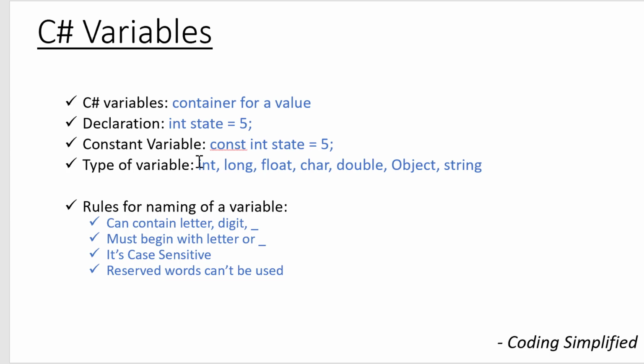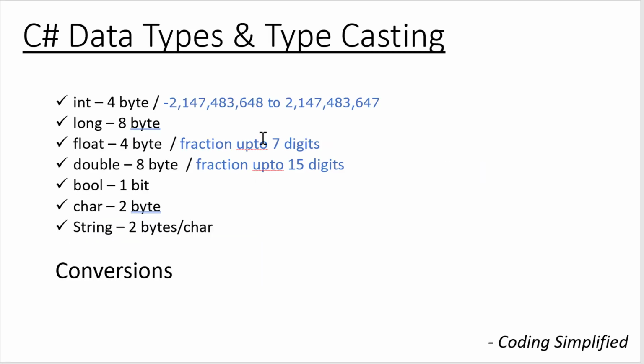Now if you see, variables are just a storing point, a way to store a value. So what kind of different variables do we have? We can have int, long, float. These are data types, which means the types of data. The name itself suggests what kinds of types we can have for data. We can have integers, floating numbers, characters, strings, booleans. These are all the kinds of data types that we can have.